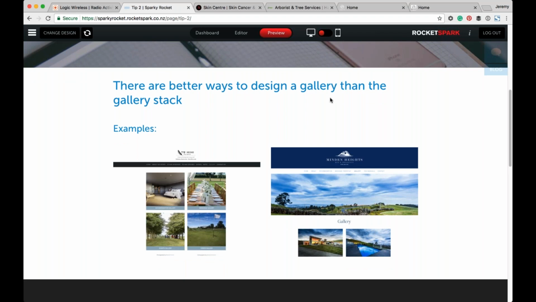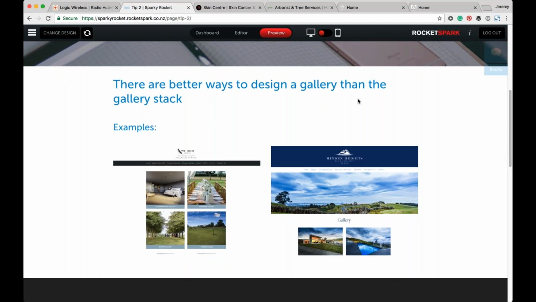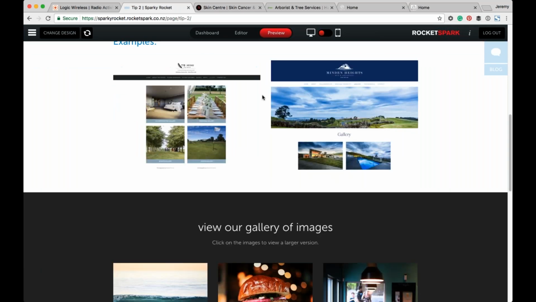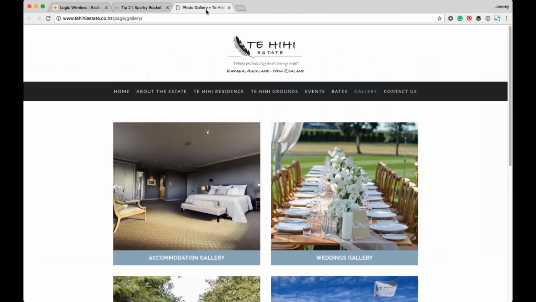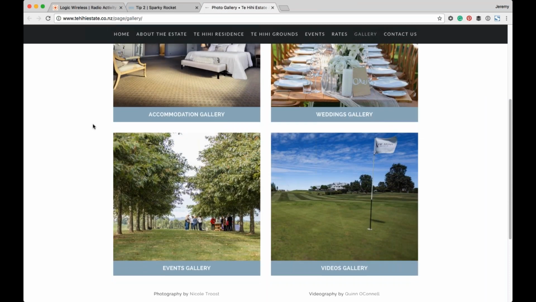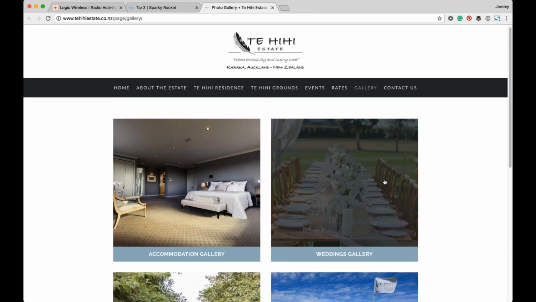But there's actually some really nice ways to build galleries using the picture block now, and when we're building galleries ourselves, that's what we use rather than the gallery stack. So we've just got some examples here. So with Tehihi, this is actually essentially folded galleries. So if we could go through to the